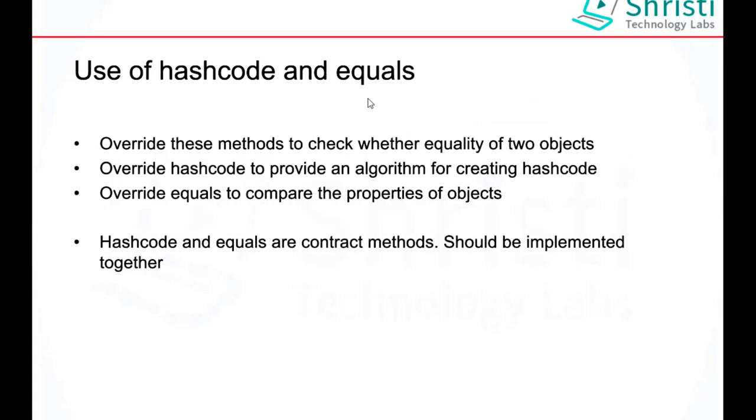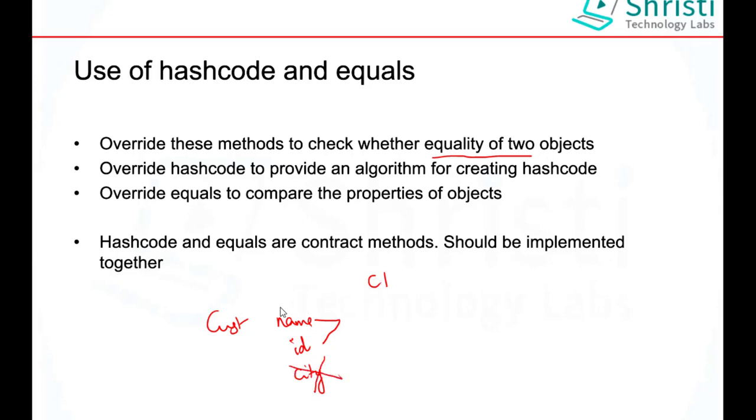What is the use of hashCode and equals? HashCode and equals are used to check the equality of two objects. Assume I have a customer object having name, ID and city. When I am creating a customer object, my criteria is that if the name and ID are the same, they are the same, similar objects. So how to achieve that? You need to override hashCode and equals in your customer class, and in the equals method, check if the name and ID are the same; then they are the same objects. We don't have to check the city.